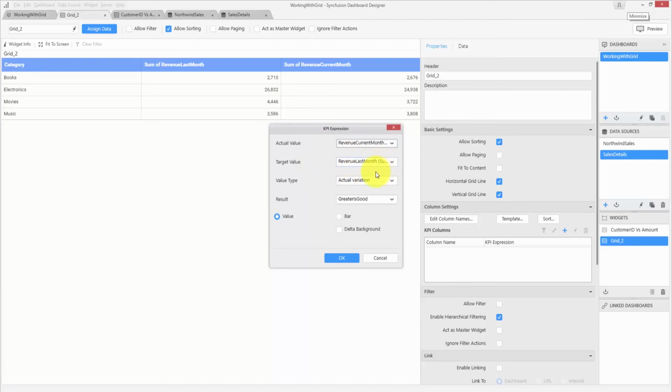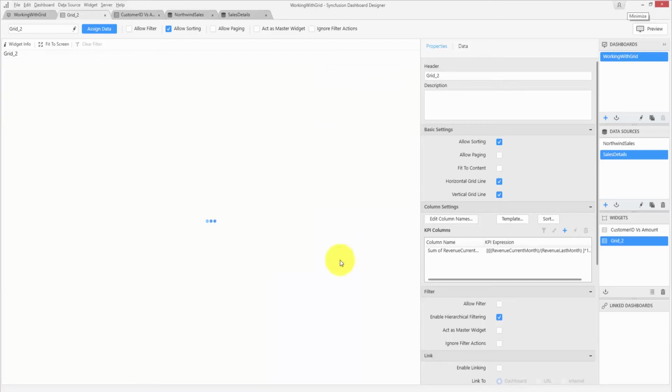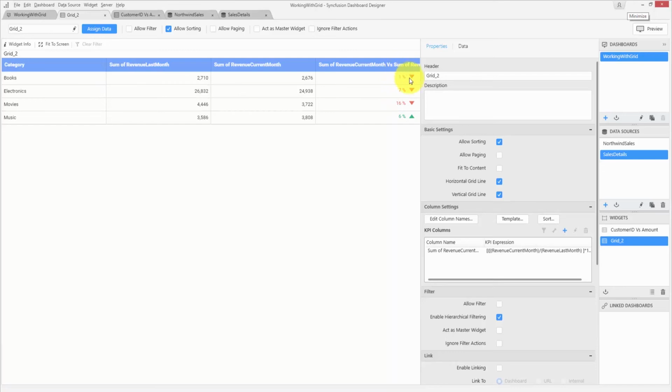It is already selected. You can show the difference as actual variation, actual value, or percentage of variation, a percentage of target, and you can also show the value and percentage. Let me choose the option percentage of variation to show the variation. You can also choose whether greater is good or less is good. You can see the KPI column added.